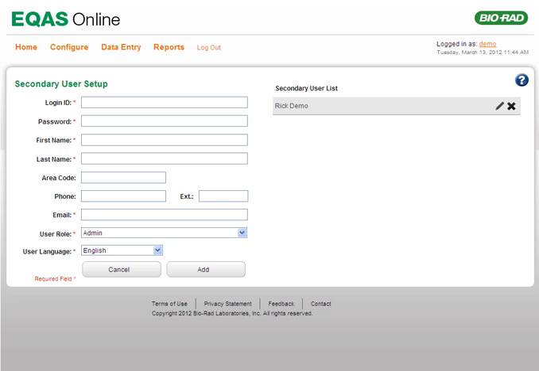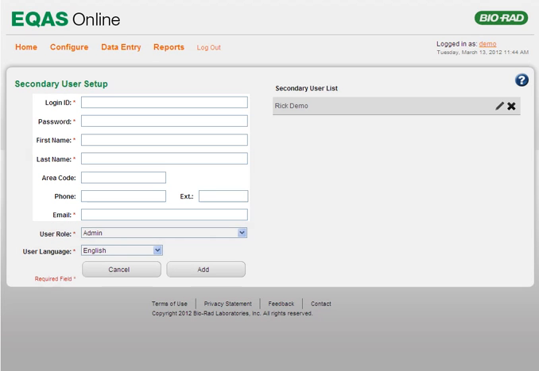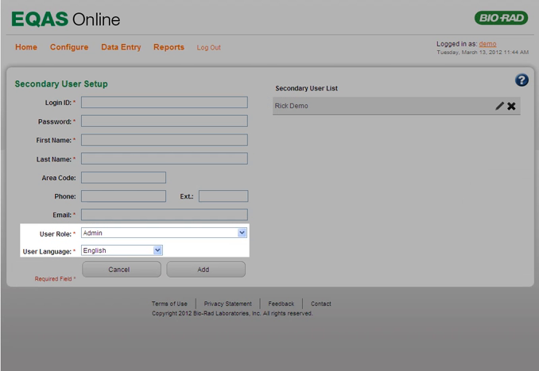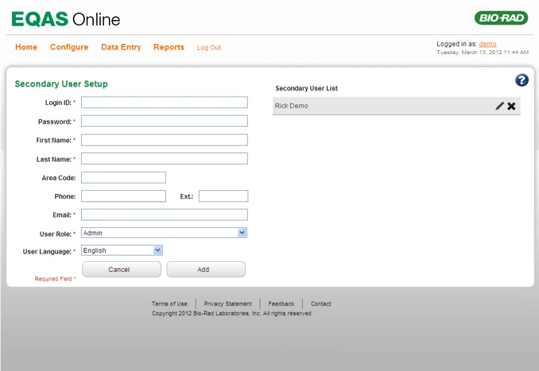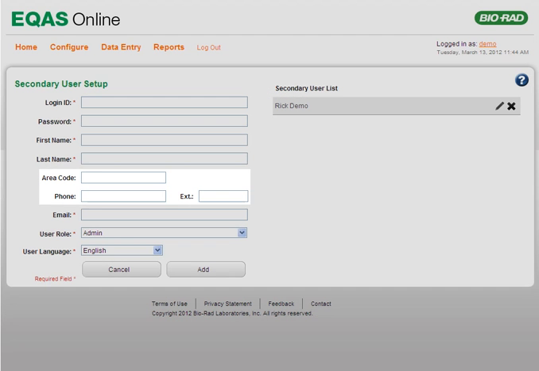The required fields are Login ID, Password, First name, Last name, Email, User role, and User language. The optional fields are Area code, Phone, and Extension.